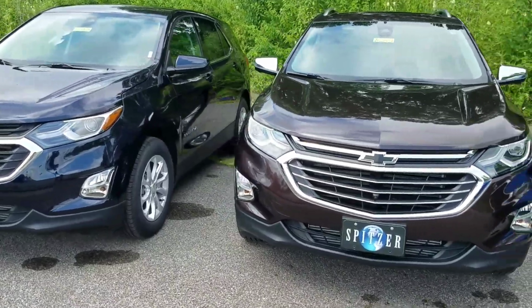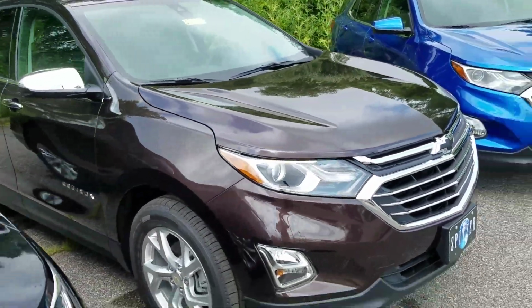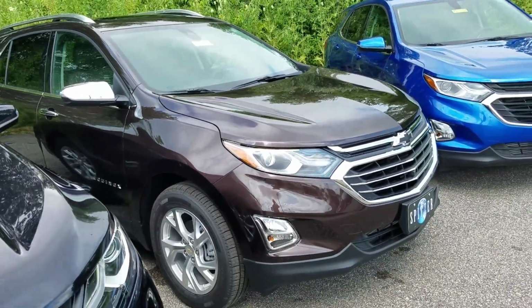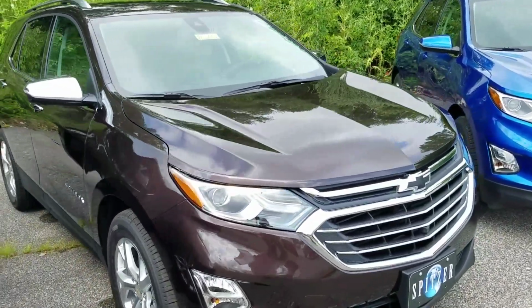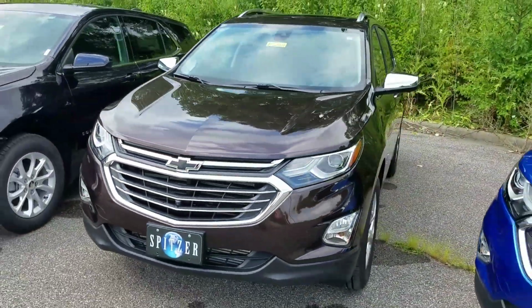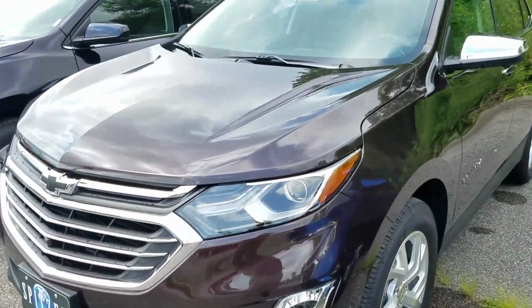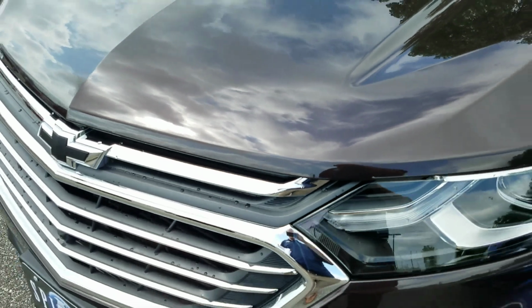But new colors, there's this chocolate metallic. So this is actually like a dark brown. It's like the Havana brown metallic you see on some of the Silverados, darker than the Oakwood metallic you would see on some of them. But it's a really nice color, it's got a metallic fleck in the paint, if you can catch that here. A little bit harder with the sun, or with the